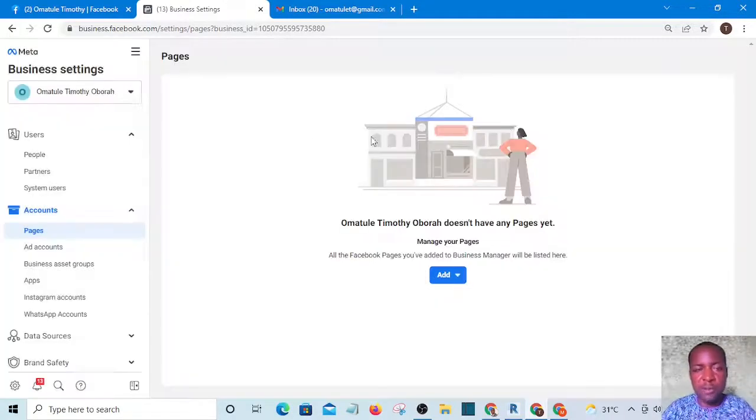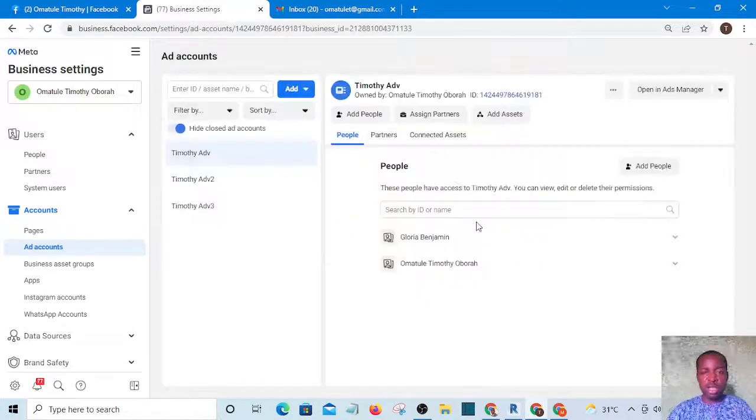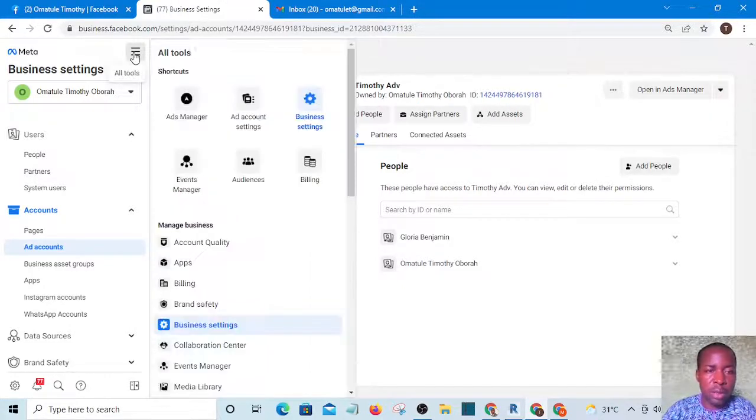Okay, let me close this for now. So I'm sure you know how to add your business page now. And if you have added your business page, let's go to our account setting. The next stage is to add your payment details. To add your payment details, you click on this icon, then go to account settings,